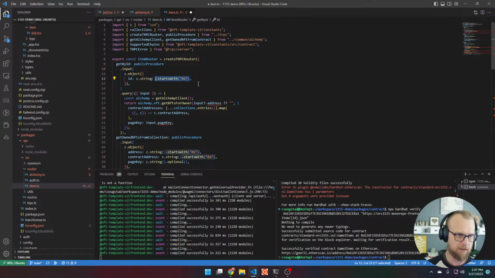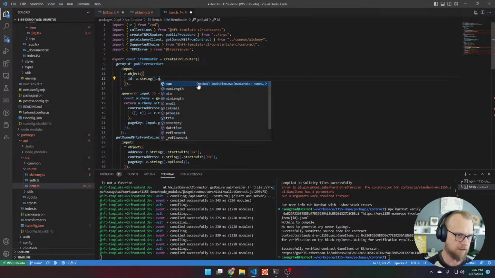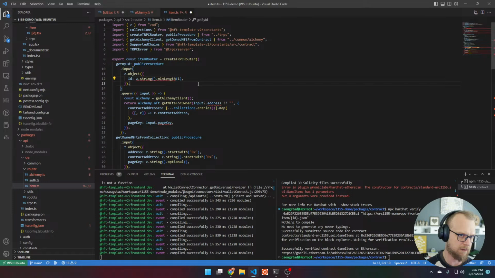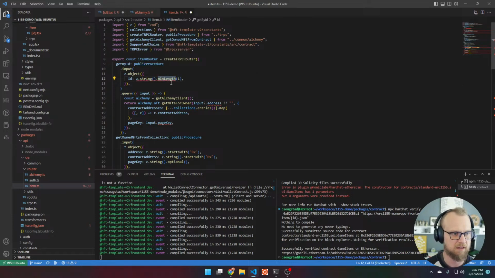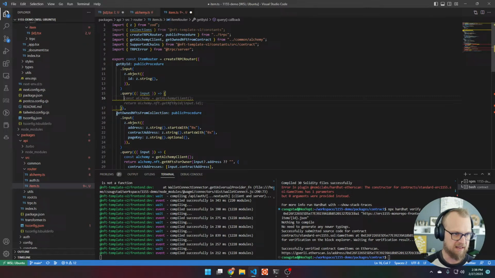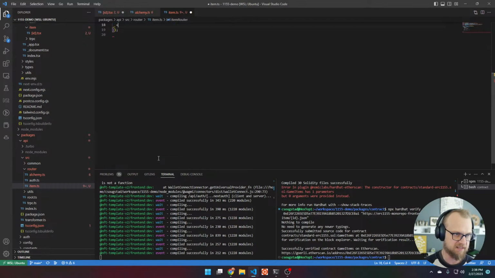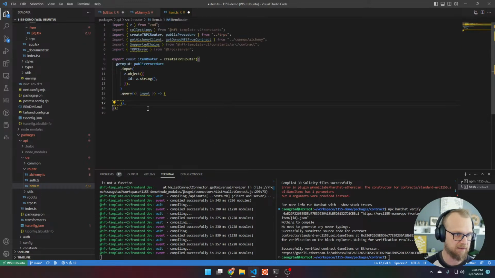Huh. That's weird. Oh, it's a number. Min length number? Huh. I don't want to be messing around with stuff that I don't need to for a quick proof of concept. Okay, I don't need the alchemy stuff right now. Thank you, alchemy team, but that's not what we're doing. And I can blow out the rest of this file because that's not what we're doing. All right. Is that right? I think that's right. So